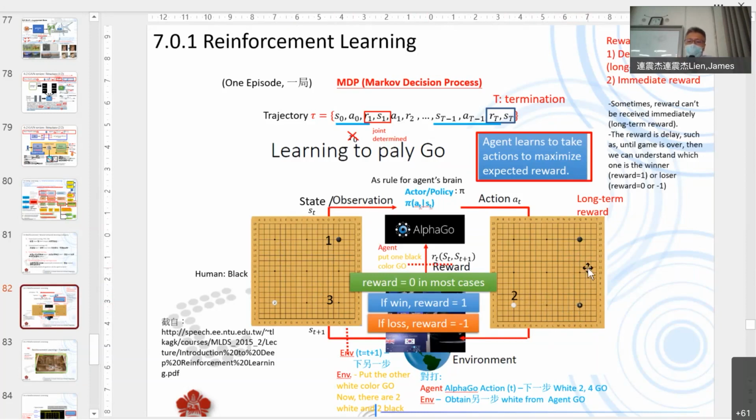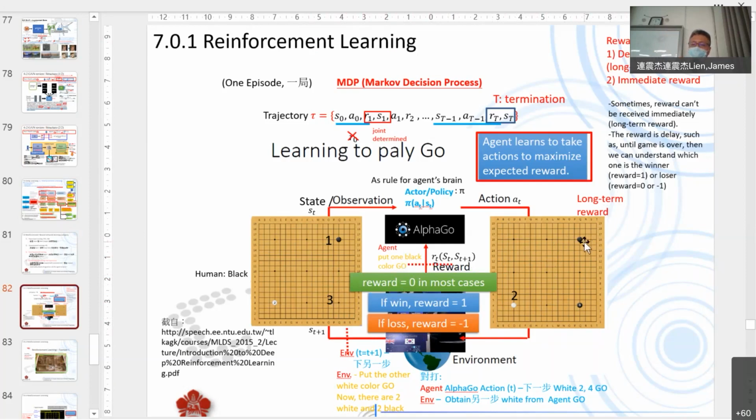And then this will be the environment. The important thing for reinforced learning is what we call the reward. What is reward? In this one, suppose I have the black chess. You need to wait until the game is over. Suppose I play 100 moves and you play 100 moves, and then it ends.